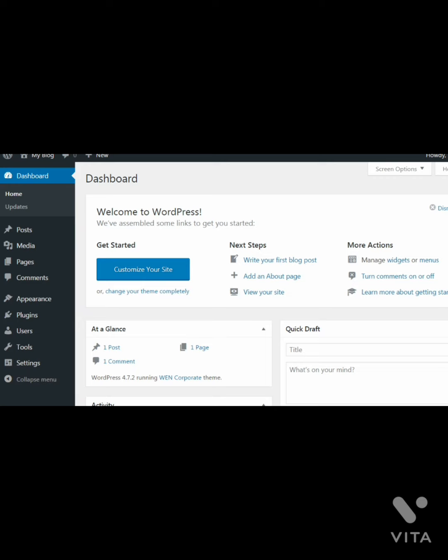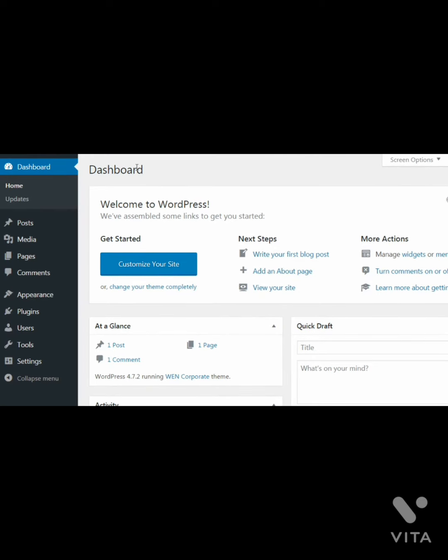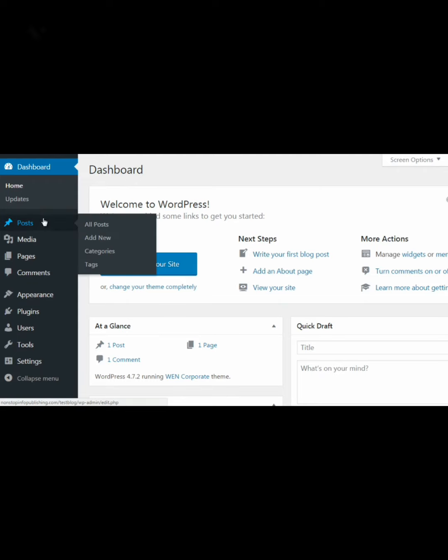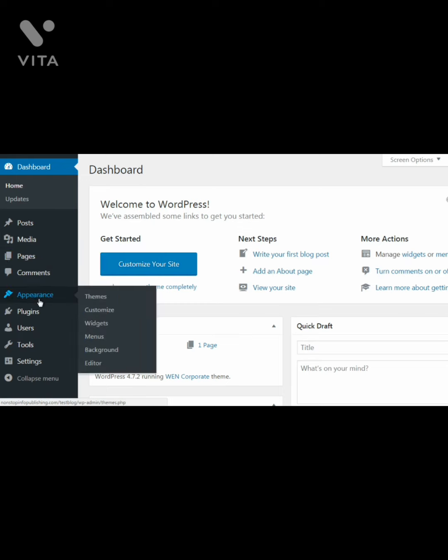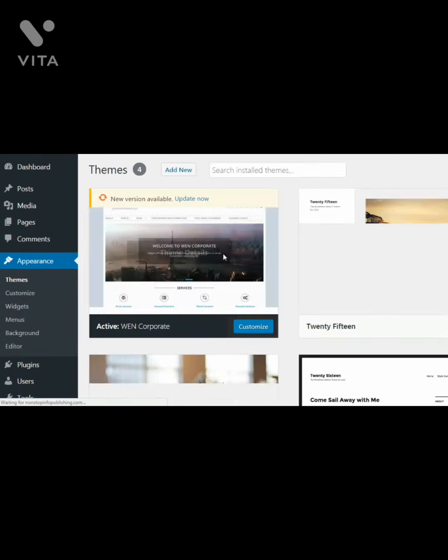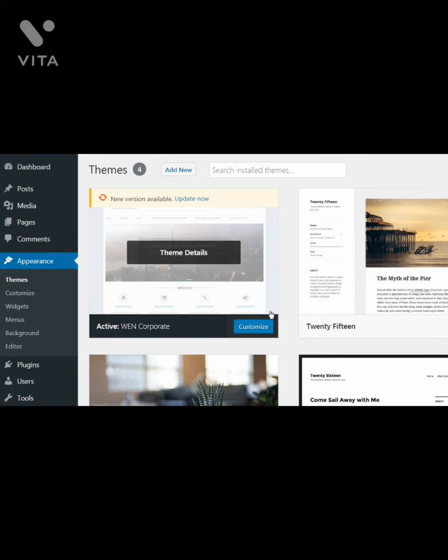Now, the app installer is going to give you access to the WordPress administrator dashboard, as you can see here. And all you have to do is, whenever you create a post, you can go here, add new posts, and you can add new pages. You can also change the appearance by going to appearance and themes. So let's say, for example, we don't like this particular theme.